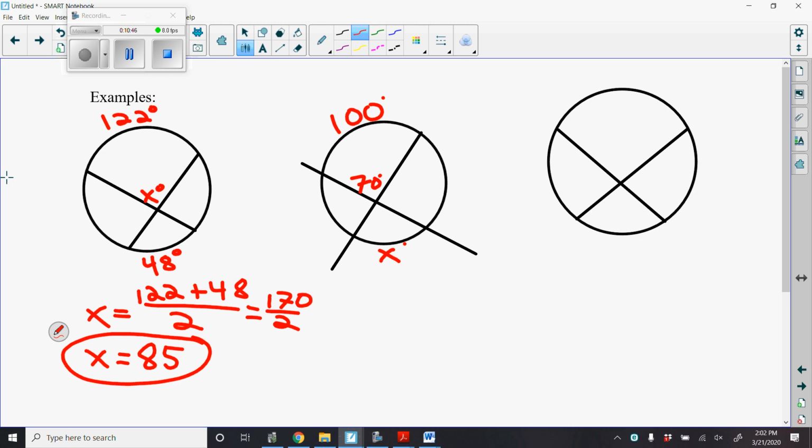Now, right away, you should see something is different about this problem. One mistake that students make is they say x equals 100 plus 70 over 2. And that would not be correct, because it has to follow angle equals bend plus bend over 2. So when I set this up, it's going to be set up differently. I always start angle equals. Well, my angle is 70. So I'm going to say 70 equals